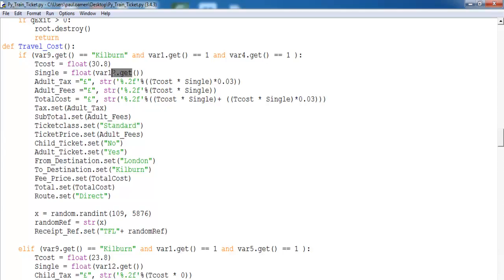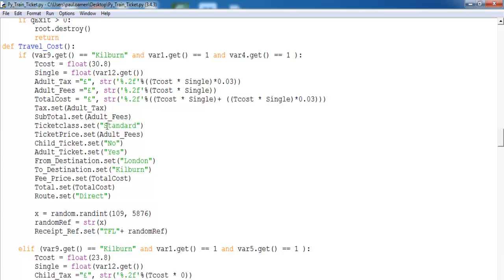Okay, the single in there, you can always enter how many people are actually going on the trip here, and here we work out the tax. Then that's the cost of the adult. Then here inside the total cost, we've added the cost and the tax together. Tax is then assigned to variable tax. Total cost is assigned to subtotal. Then the ticket, if you select standard ticket or economy or first class, in this case is